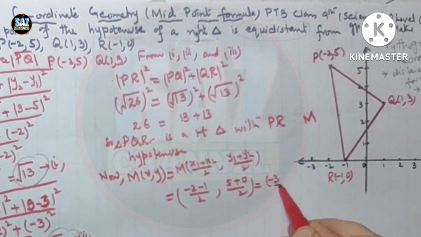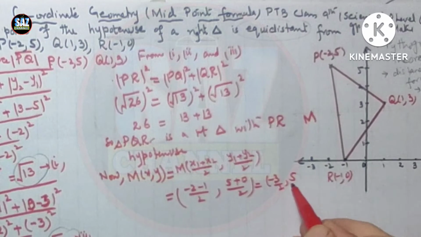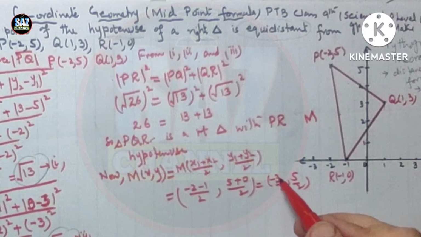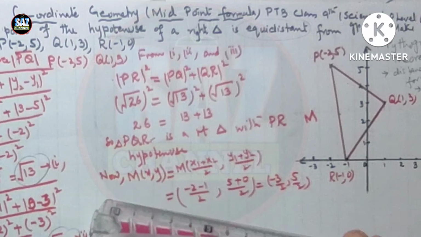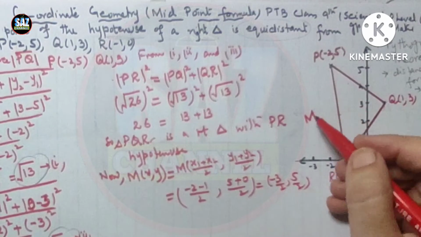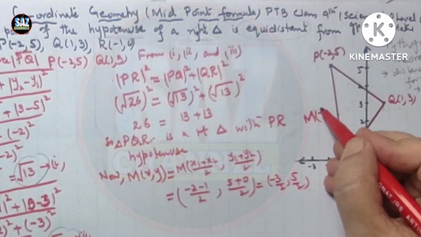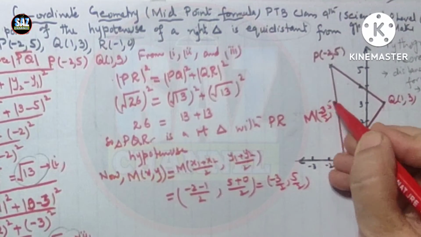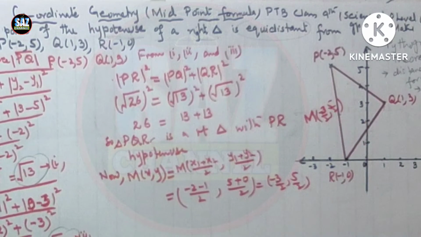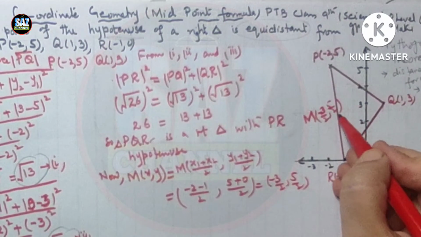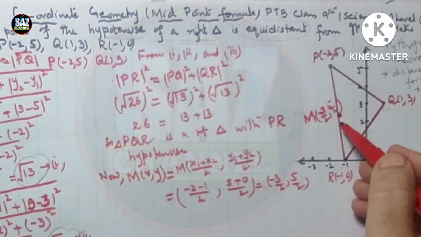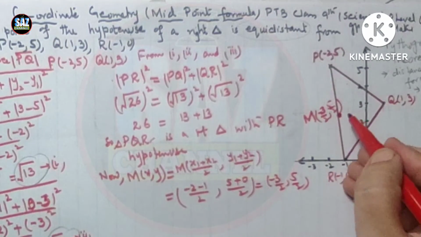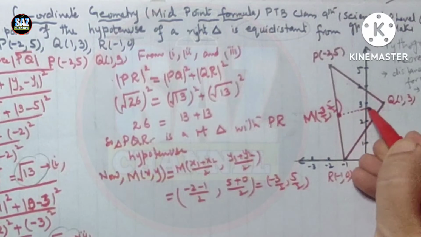And the third problem, what is the third problem? The third problem is that the midpoint of the hypotenuse is equidistant from all three vertices. It means now we have to find the distance P to M, then M to R and M to Q, and we have to see whether all the distances are coming the same or not. So now PM distance,